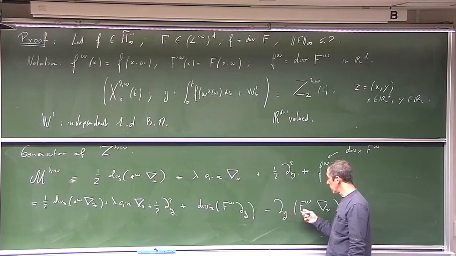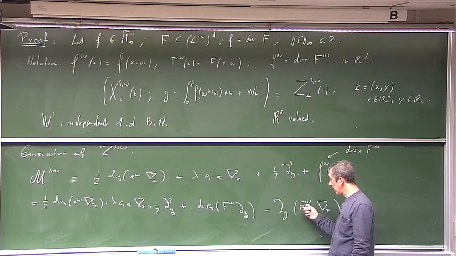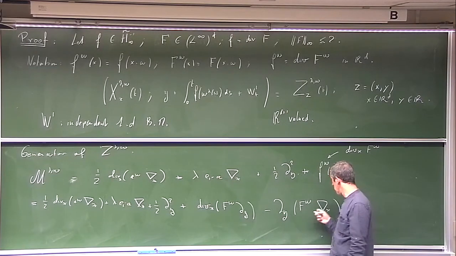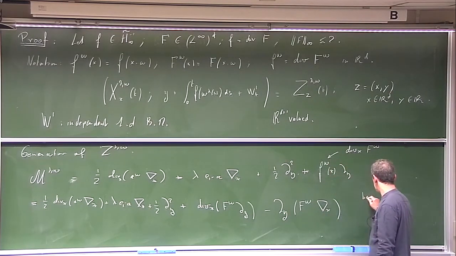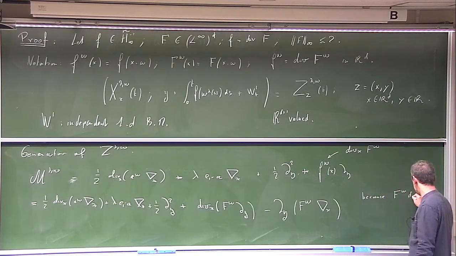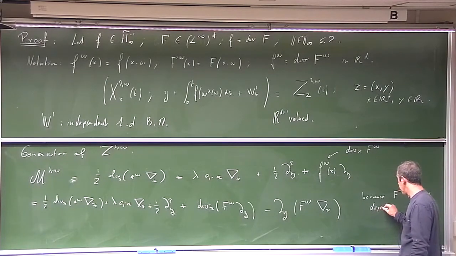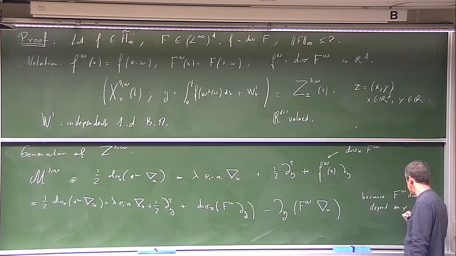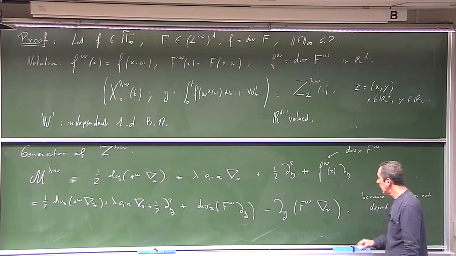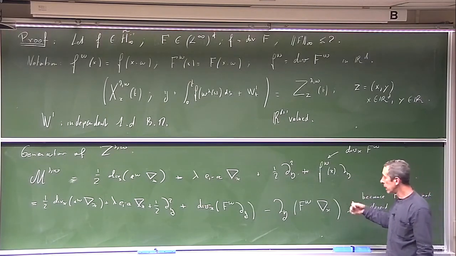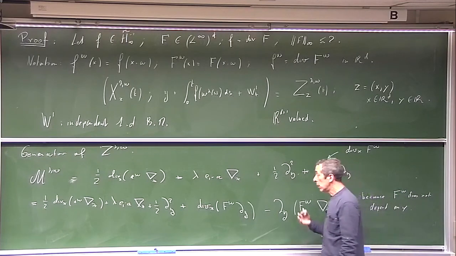So when you compute this last term, what you get is F times the derivative in y of the gradient in x, because F_omega does not depend on y. Okay. So this is the generator of Z written in divergence form with coefficients